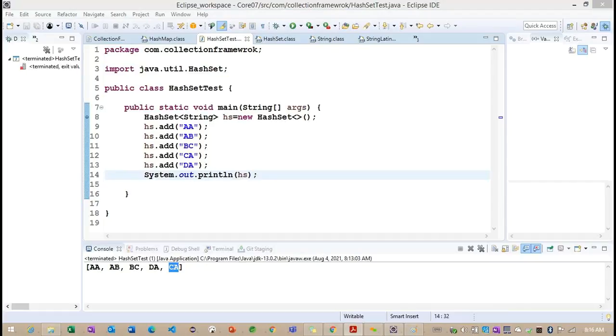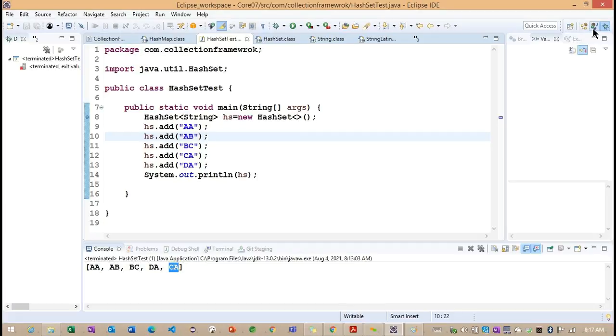Okay. So this is all about the simple example on the hash set here, and we'll go for the linked hash set here. One more implementation class, linked hash set. Linked hash set internally is going to work in the same manner. How we identified the linked list here, the same way we are going to work on the linked hash map here.